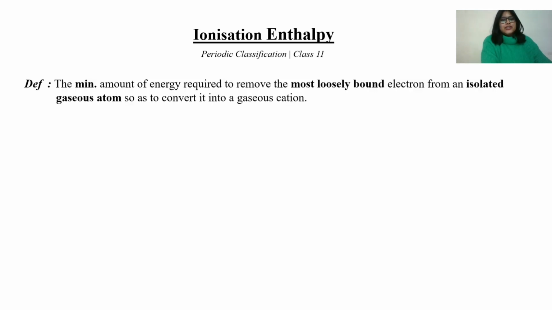The definition of ionization enthalpy. What is ionization enthalpy? Ionization enthalpy is the minimum energy required to remove the most loosely bound electron from an isolated gaseous atom so as to convert it into a gaseous cation. The key words you need to remember are: minimum amount of energy required to remove the most loosely bound electron, meaning the valence electron, from an isolated gaseous atom to convert it into a gaseous cation. Suppose your gas is A. In the gaseous state, when it absorbs a minimum amount of energy, which is the ionization enthalpy, represented by delta IH, it leads to the formation of A plus